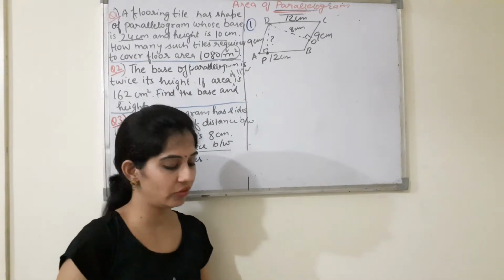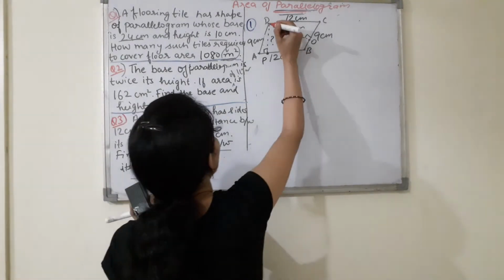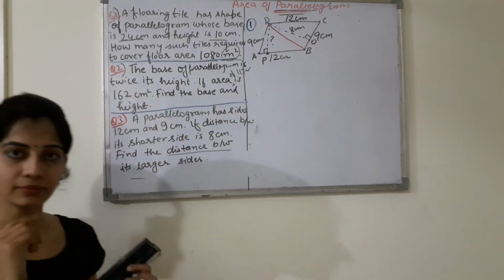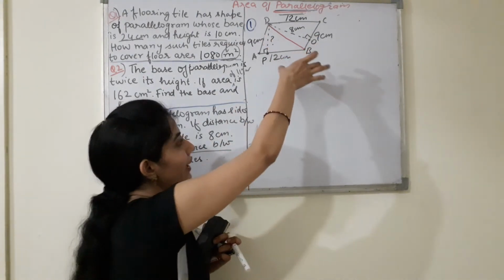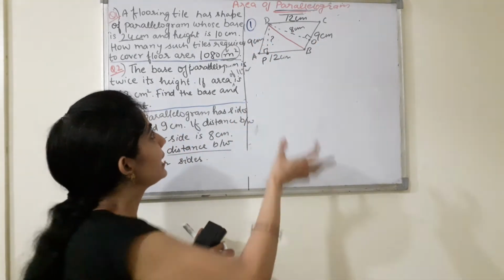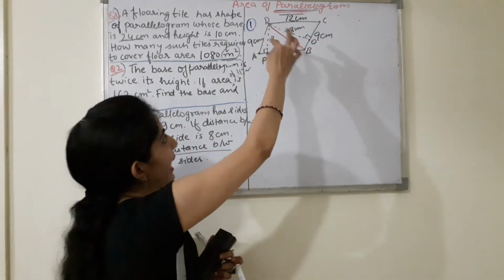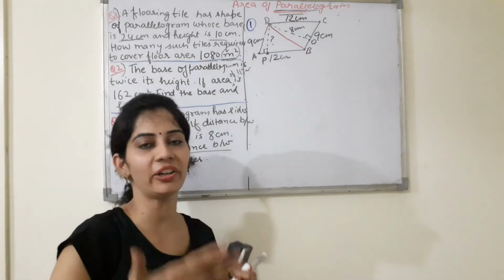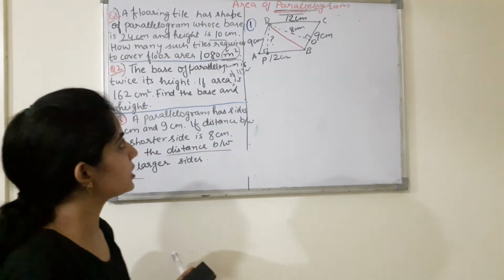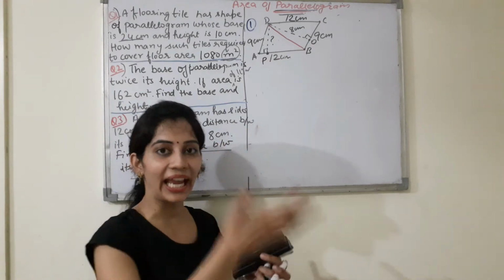So we will use the property which I told you in the starting about the diagonals of a parallelogram. So first we will make the diagonals, joining B with D. Okay, so this is the diagonal BD, and we know that the diagonal of a parallelogram divides the parallelogram into two congruent triangles. Okay, it means the area of this triangle and this triangle will be the same, right? Because the diagonals divide the parallelogram into two equal triangles. So simply what we will do, we need to find this. For this, first of all we will look at the triangle in which all the information is given, that is, the triangle whose area we can find.